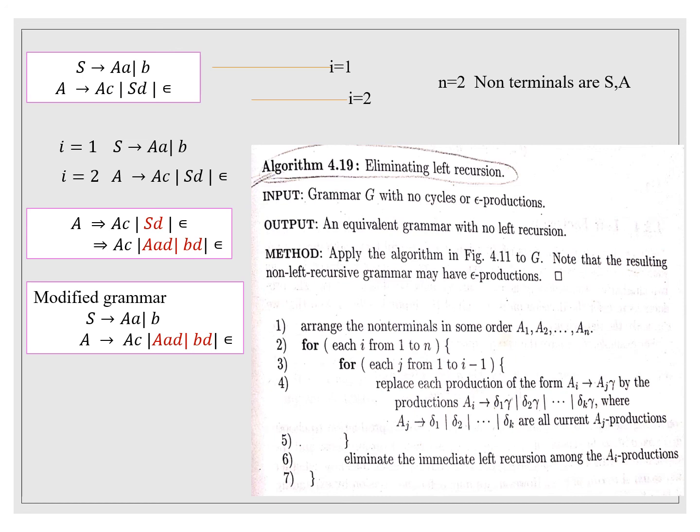Now, let us consider the first rule, whether we have the left recursive property for the first rule. No, we only have the left recursive property for rule 2. So apply that property. So we'll get